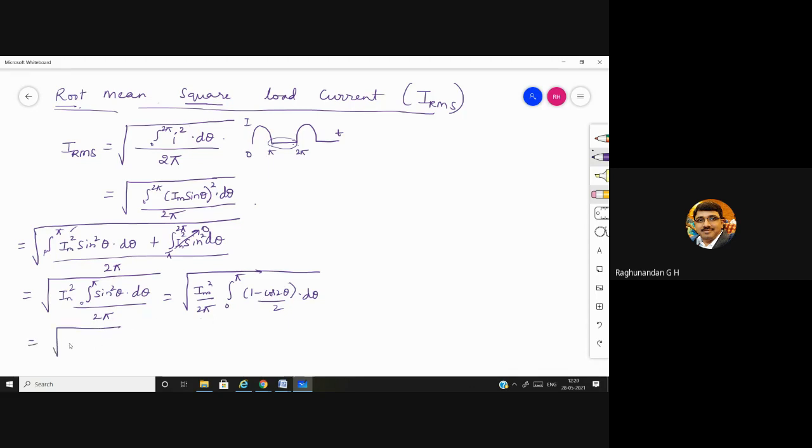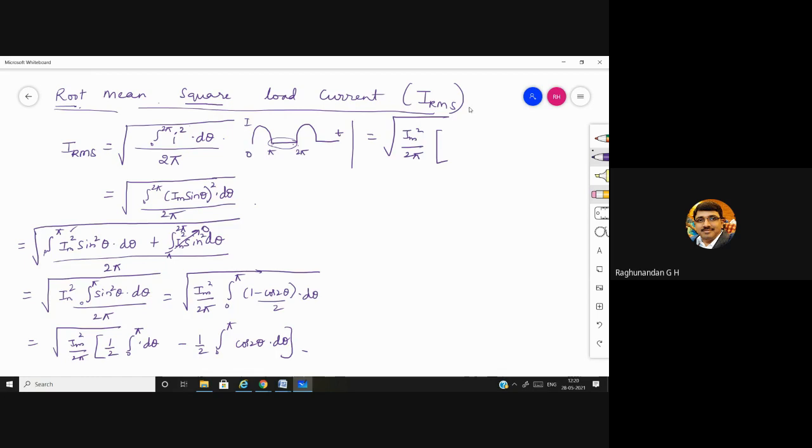So root of Im square by 2 pi into 1 by 2 integration of 0 to pi d theta minus half into 0 to pi cos 2 theta d theta. So after this, the next step will be root of Im square by 2 pi into,